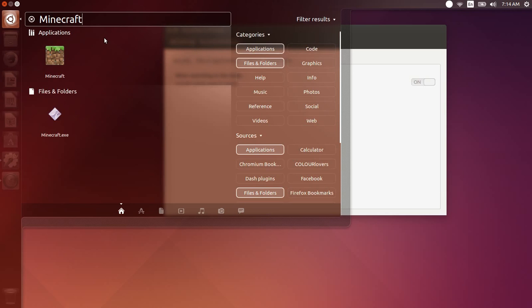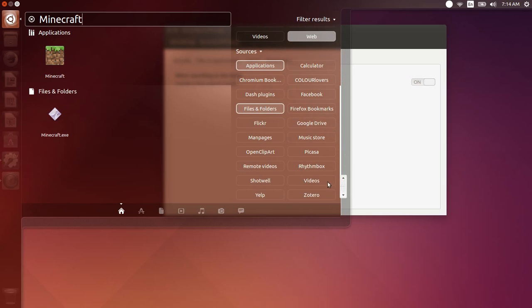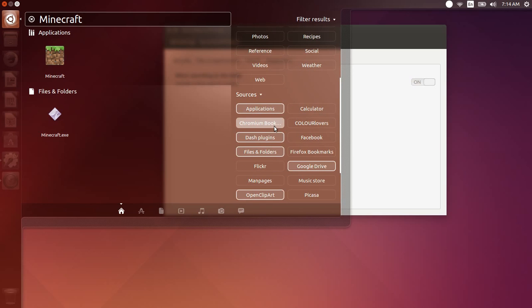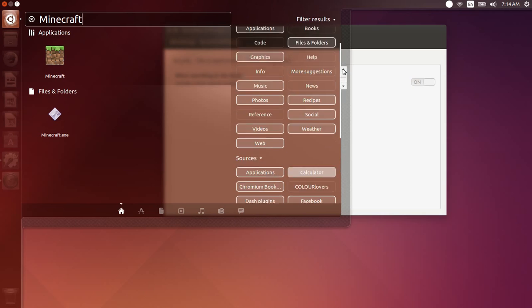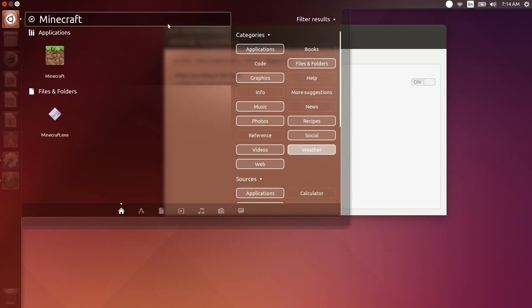Minecraft, for example, not only is it giving you your files and folders, but if you allow it, it will also search open clip art, it will also search Facebook, it will also search a music store, it'll search recipes, it'll search weather, it'll search videos, it'll search everything for the term Minecraft, which right now it doesn't seem to be wanting to, but if I just typed in mine,